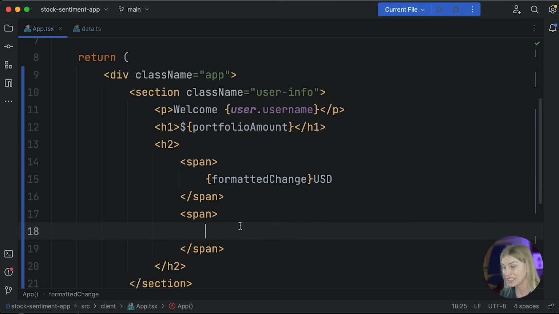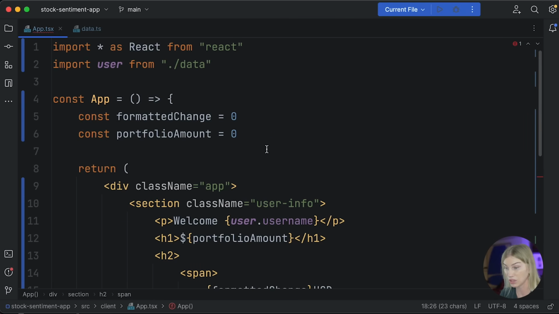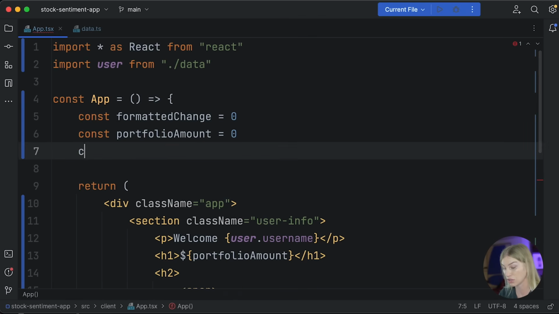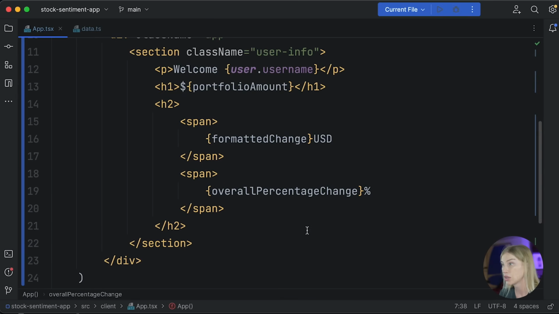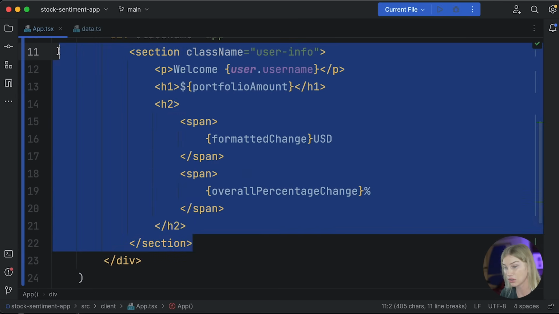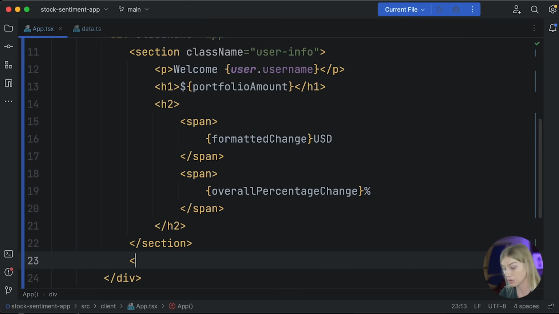Great. And here I'm also going to have the overall percentage change, and again we'll just put the percentage sign here, and this again we will calculate, but for now I'm just going to set it as a const and make it 0. Great. So that is my first section. That is the whole section. Let's create another one. So here is a second section,